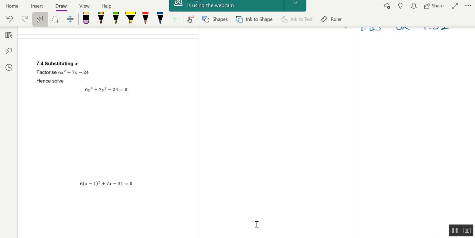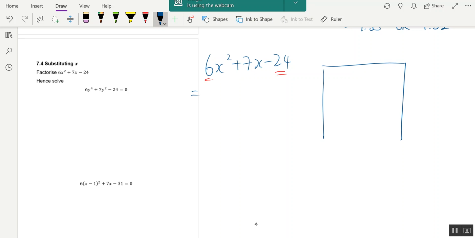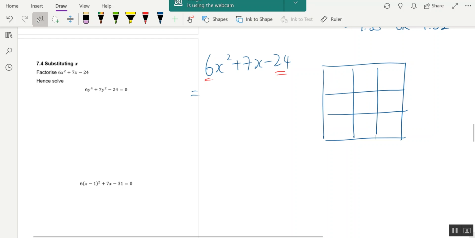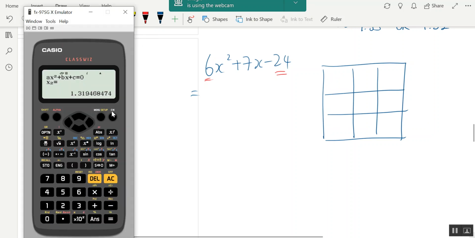Quadratic equation that gives you a number with many choices, something like 6x squared plus 7x minus 24. Now, because this is 6, there are many possible factors of 6. 24, even worse, you have a lot. So before you do your multiplication frame, or maybe your cross factorization, key this into your quadratic equation solver,